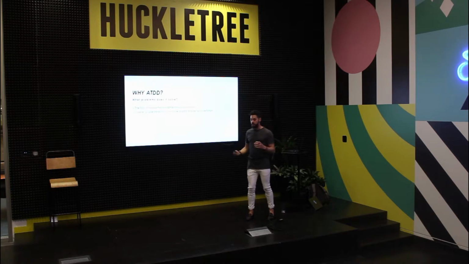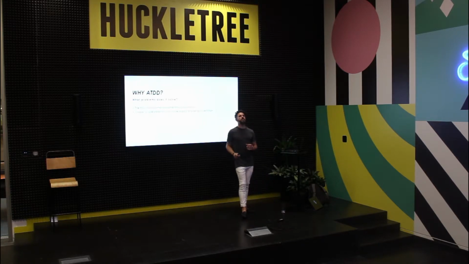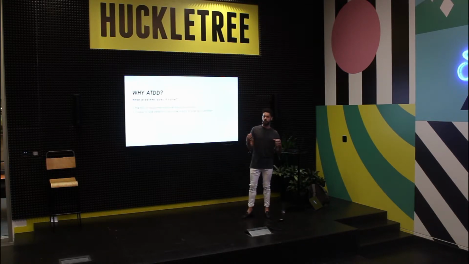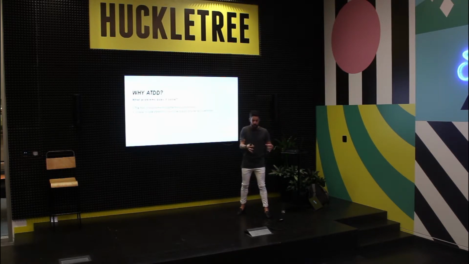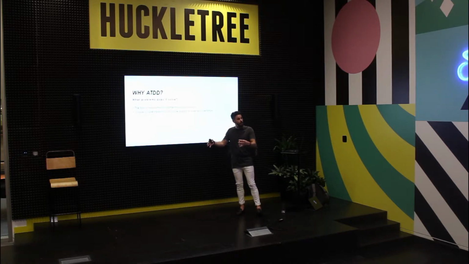Poor requirements definition. So we want this thing, we want it to be shiny, excellent. But what do you want it to do? So sometimes you get to the point where you want to deliver this, and you want to take it into a sprint and develop it, but you can't, because you just don't know enough about it.